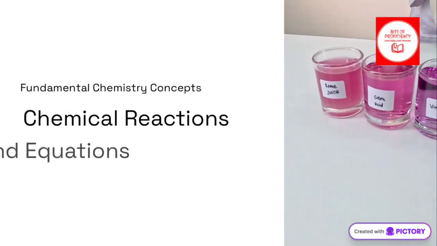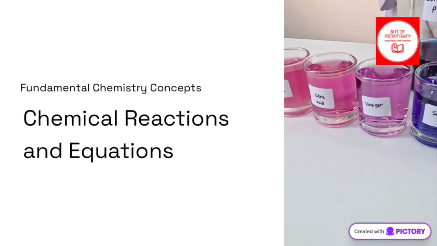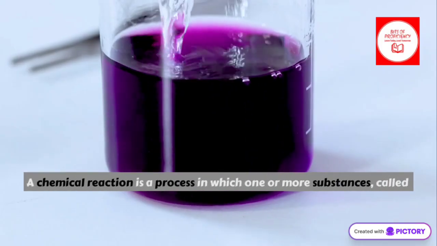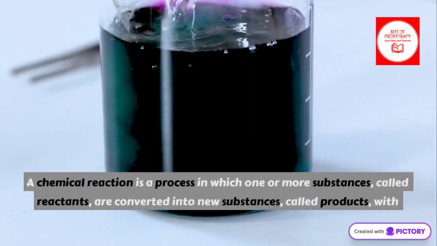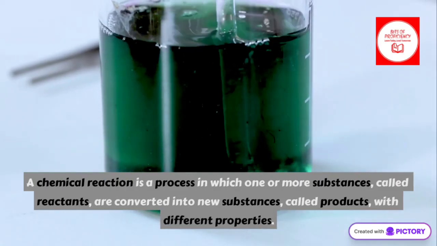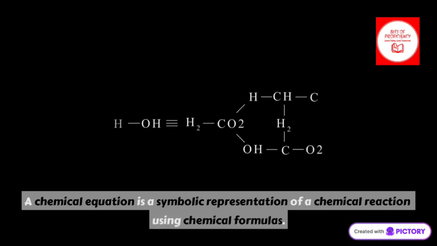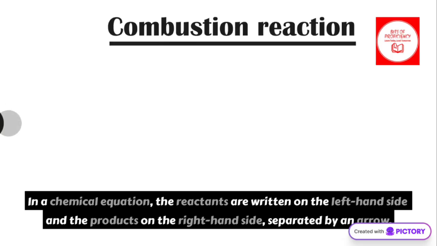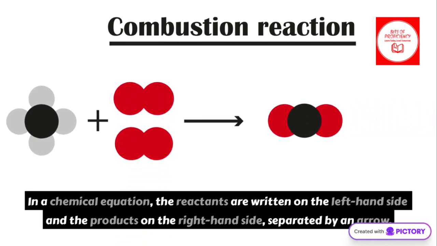Chemical reactions and equations form the basis of understanding how substances change and interact with each other. A chemical reaction is a process in which one or more substances, called reactants, are converted into new substances, called products, with different properties. A chemical equation is a symbolic representation of a chemical reaction using chemical formulas. In a chemical equation, the reactants are written on the left-hand side and the products on the right-hand side, separated